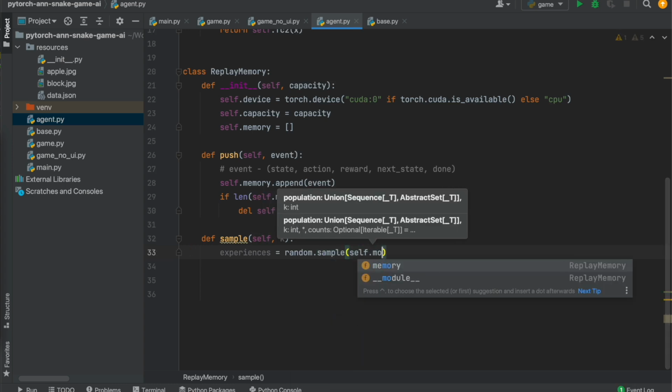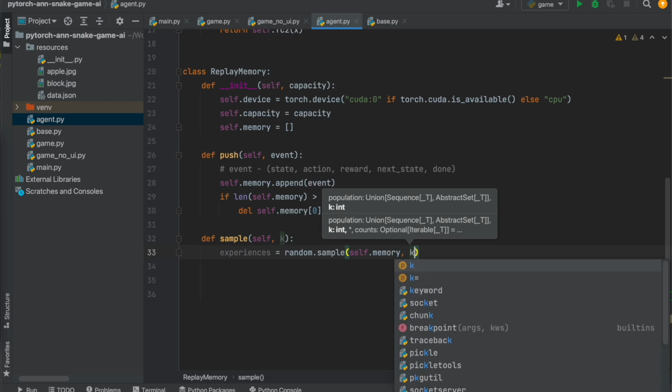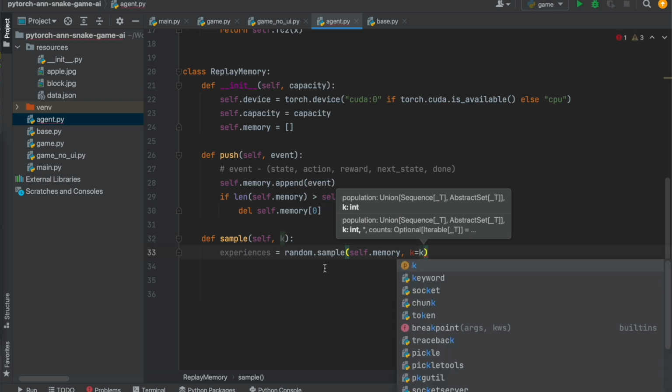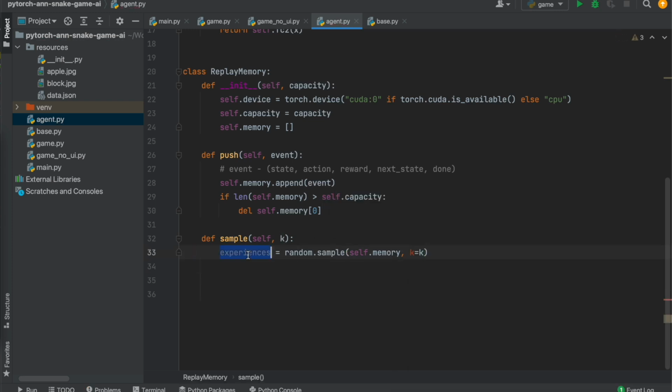We have to select it from the memory, and the size is k. Now we have a list of experiences, that is a list of tuples, which contains state, action, reward, next states, and dones. Now we have the list of tuples, and each tuple has these 5 components. Now we need to separate these components and convert them into PyTorch tensors so that they will be compatible with the